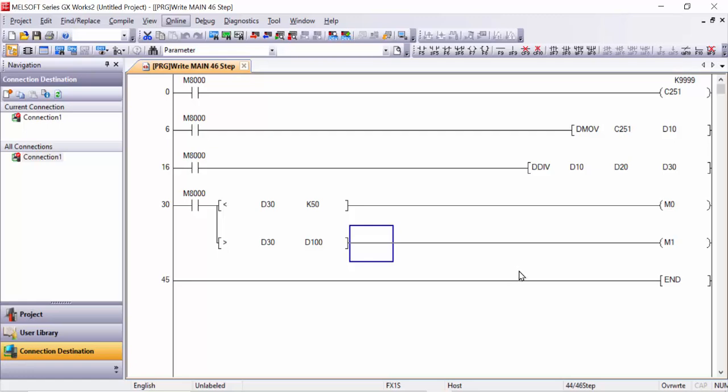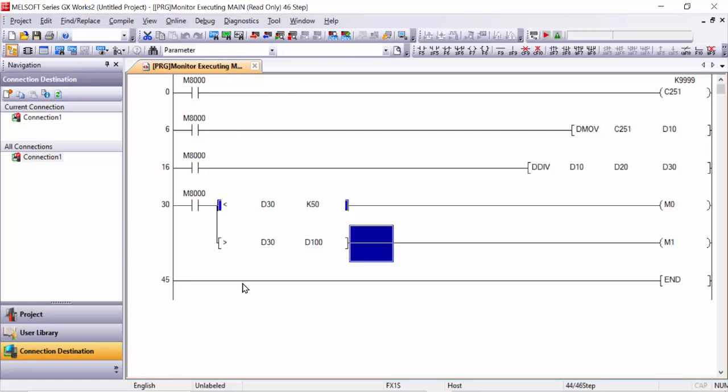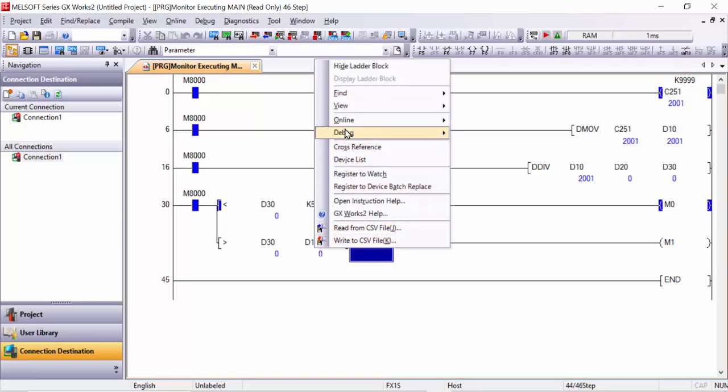Start monitoring all windows, and see now this D100 does not have a value because we changed this. If you write K50, the 50 is the value, but we must write the K. If you do not write the K, it will not be accepted. This is D100, and you can go and